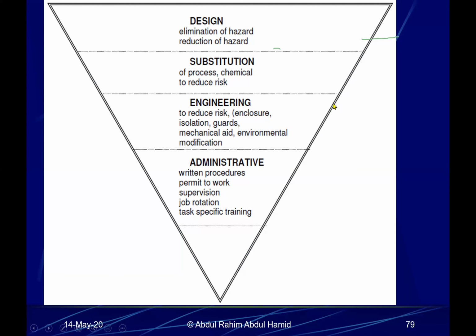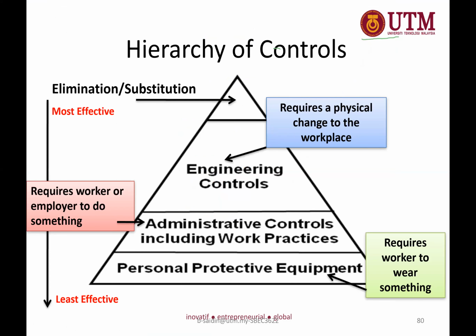So again, with regard to elimination, normally it has something to do with design. That's why in construction, if we want to eliminate many hazards, we must come up with the design. Normally people do not put that kind of thinking into design work. But this is the hierarchy of control. How about reality? In reality, people inverted this pyramid. People spend more on or practice more on PPE.